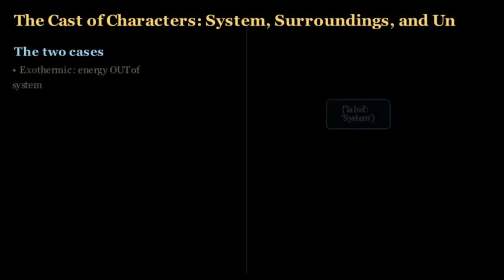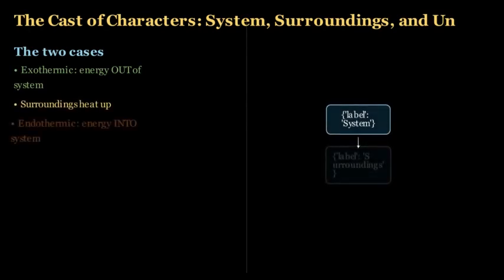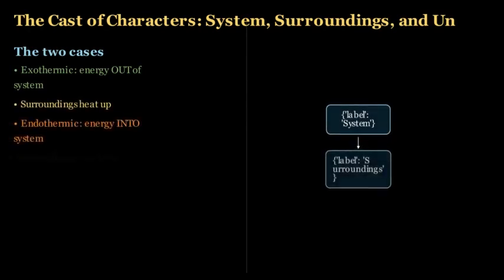Now the two big words. Exothermic means energy exits the system. Think of combustion. The fuel's potential energy turns into kinetic energy of particles, and that energy flows out as heat, so the beaker gets hot. Endothermic is the opposite. Energy enters the system. Ice melting pulls heat from the surroundings to break bonds, so the beaker feels cold. The arrow always points the way the energy goes.